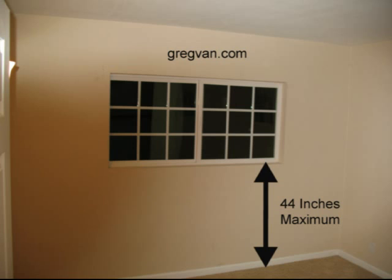The last thing you're going to want to do is replace every window in your house and find out a few years later that you need to replace them again because the building department isn't happy. And worse than that would be if there actually was a fire and someone got trapped in the house, and you as a property owner could actually be liable if you change these windows without getting a building permit and